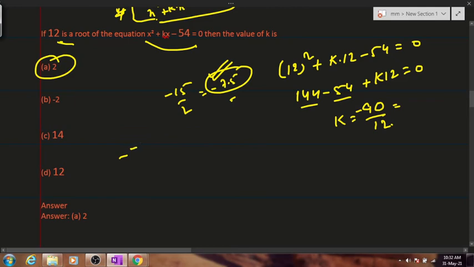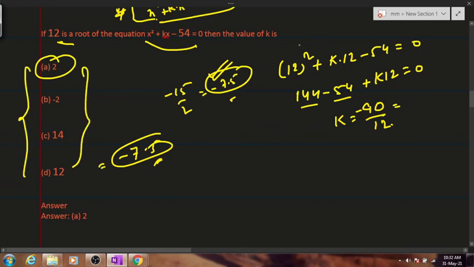Your answer will be minus 7.5, okay? So you do one thing, you remove some, you give the answer as this much. However, it's not required for you to copy the options. You write value of k will be minus 7.5. Clear? I think if it will be 4, 2k minus 54 equals 0, still not 2. Leave. Minus 7.5 will be your answer. Clear? You remove any of the options. Let's say we remove option A and give our option as minus 7.5. Clear?